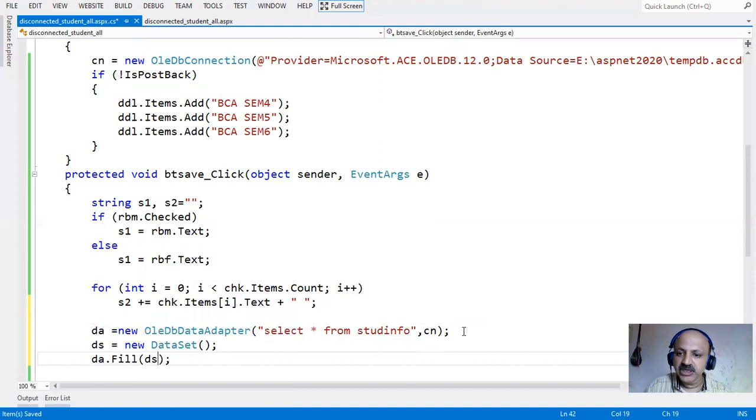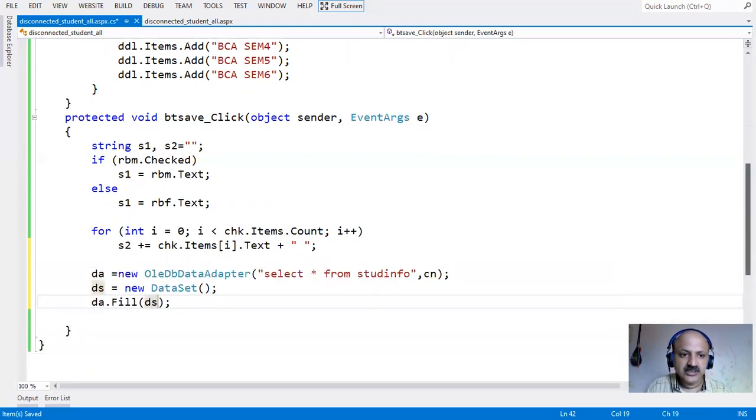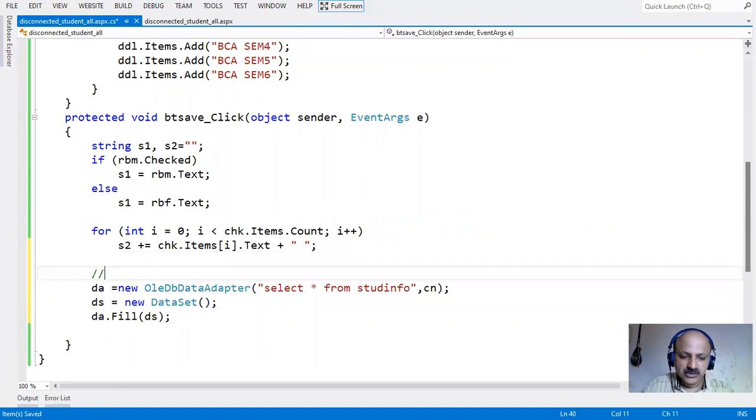So what is the meaning of these three lines? I just write in a comment line and explain step by step. The server table is loaded into client memory, that is the meaning. So the three lines, the select, the dataset and the Fill method, take the server table to the client memory.